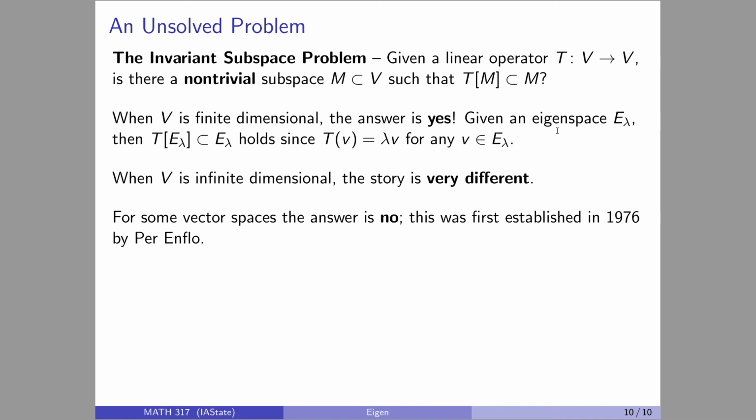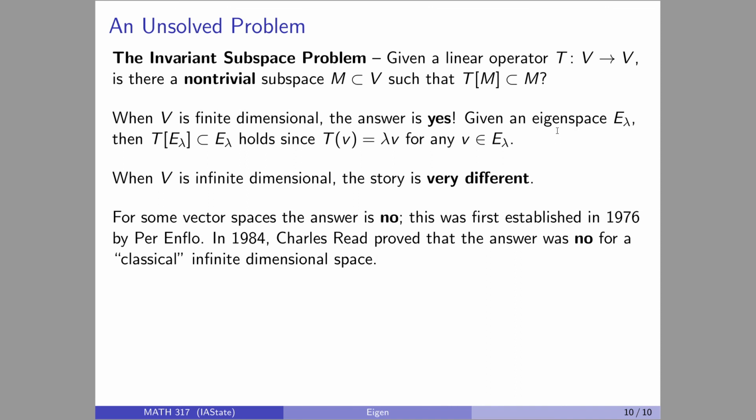but unfortunately, that dream was destroyed in 1984, 2 years before I was born, by a mathematician named Charles Read. In his thesis, he demonstrated that there is a, quote, classical infinite dimensional vector space where things don't work the way you want. He proved it for what's called the L1 space, which isn't too surprising, because L1 is the classic one that has a bunch of problems. There's two of them, L1 and L infinity. They're the weirdo ones that don't exactly behave the way you want them to. So it's not too surprising that L1 had a problem, but it's really surprising that it took until 1984 to